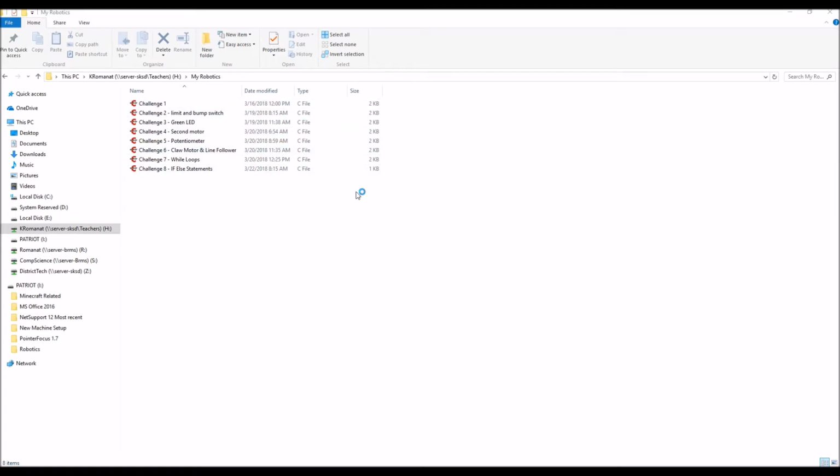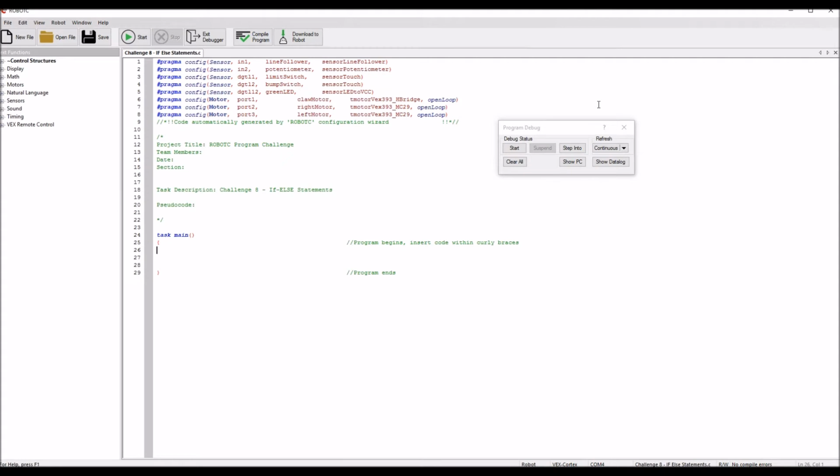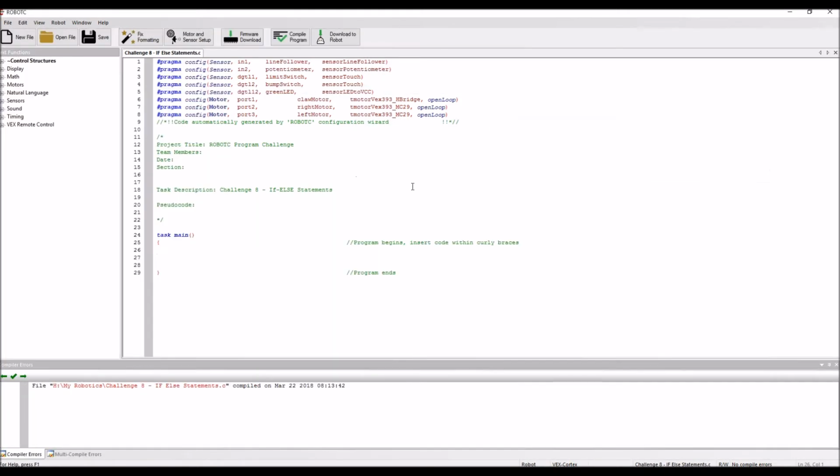So, as with our previous projects, we're going to start in our home drive, in our My Robotics folder, and we're going to find the challenge that we're working on, which is challenge 8, if-else statements. Double click on that. That should open up ROBOTC, and we're ready to go. All right, so as mentioned, the first thing we're going to do is come up to